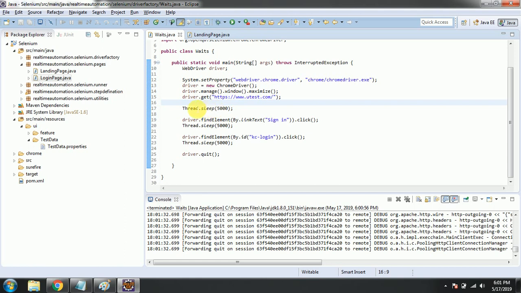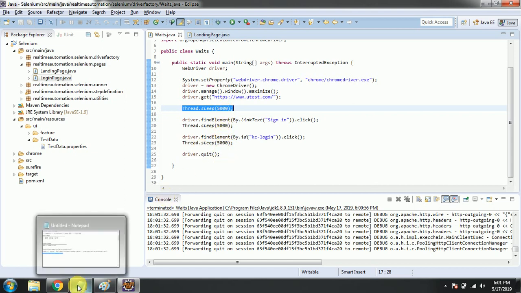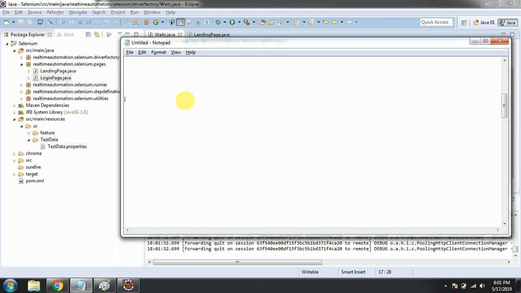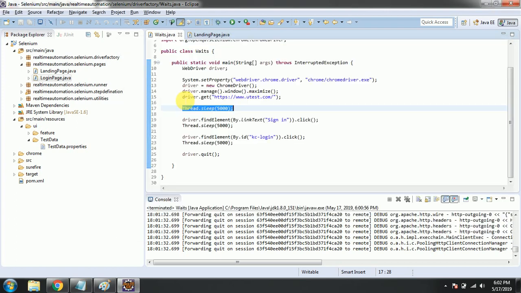You can see I have used Thread.sleep at line numbers 17 and 20. So overall it's around 15 seconds, guys. With Thread.sleep it is taking 15 seconds for execution of this task.